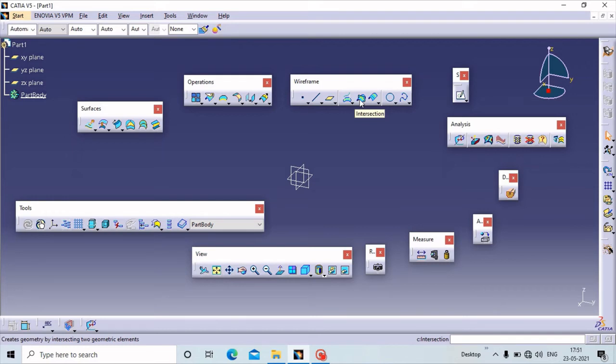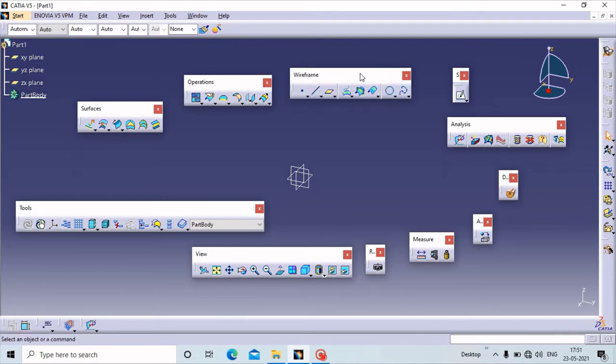So if you want to find the intersection of surfaces or intersection lines between two surfaces, just use this intersection command. Next is parallel curve. Inside that same curve, which is reflected from one point to another, this is the parallel curve. If you want to create a circle on a point, then use this circle, then spline. So these are all the commands integrated in the wireframe toolbar.